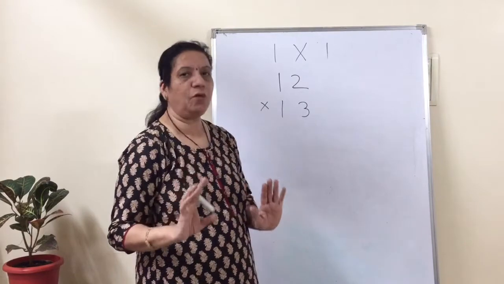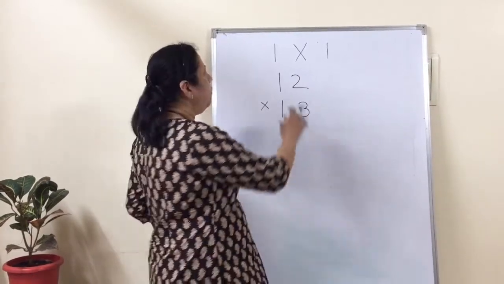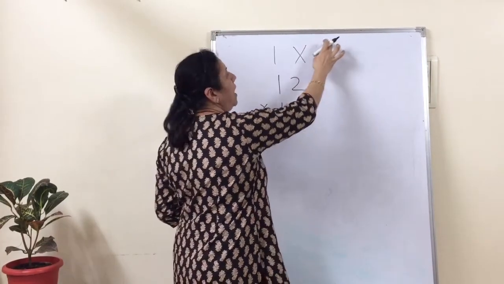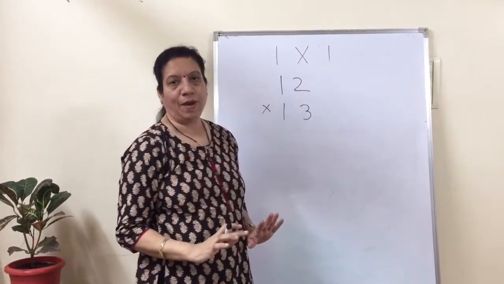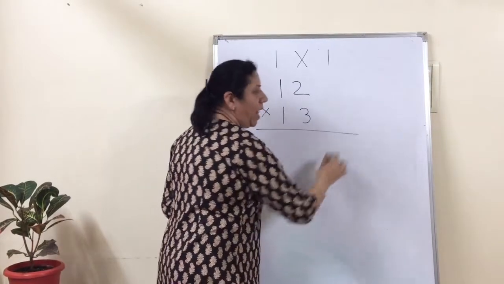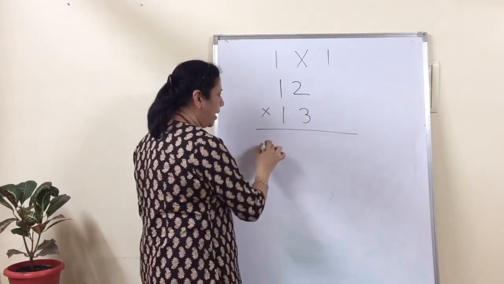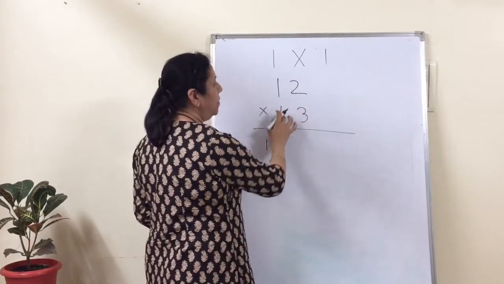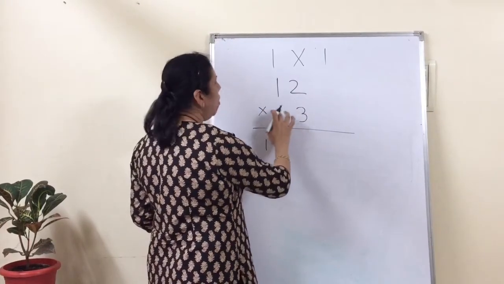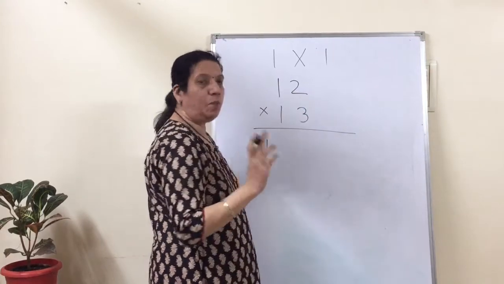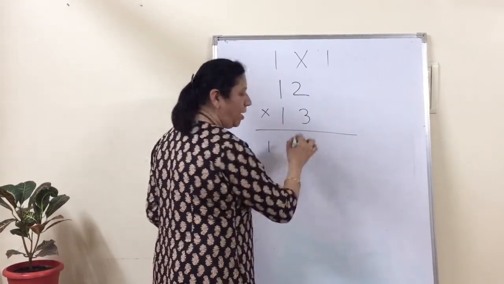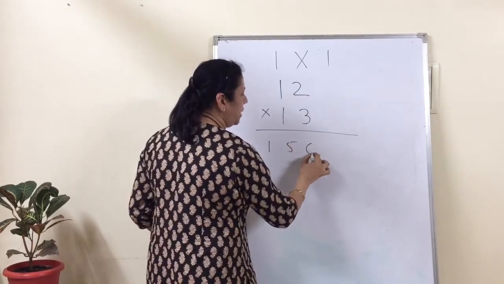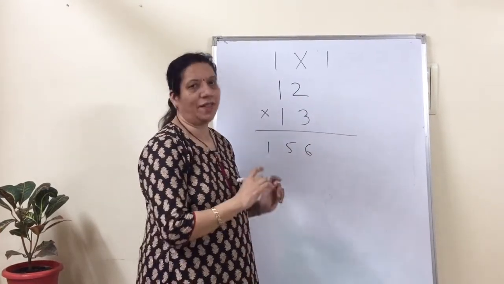Now see what is the method. First you try to understand the method. We will do vertical multiplication, we will do cross multiplication, and again we will do vertical multiplication. See now, so what will happen? 1 into 1 is 1. Okay. Now we will cross multiply and add. So 1 into 3 is 3, 1 into 2 is 2, 3 plus 2 is equal to 5. Okay. And again vertical. So 2 into 3 is equal to 6. And you get the answer.